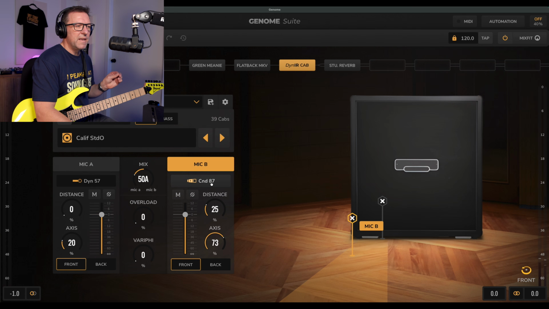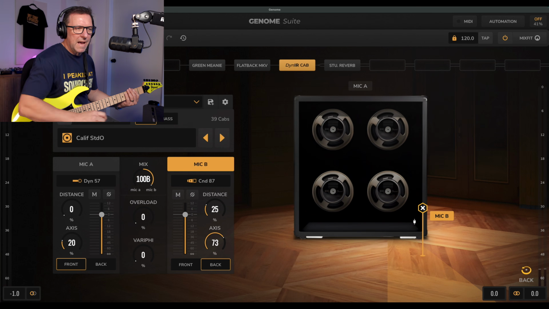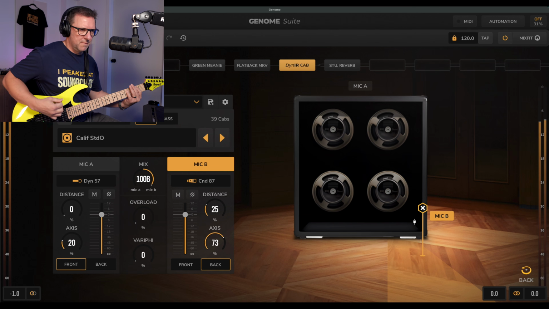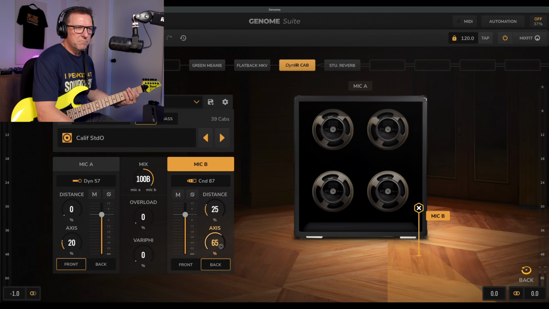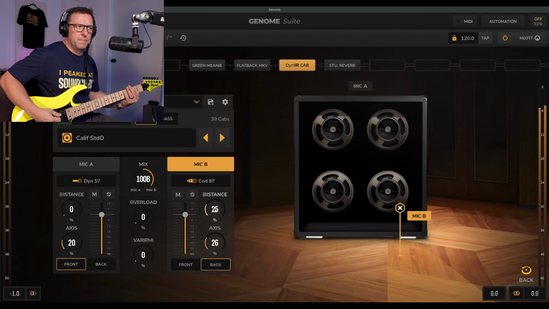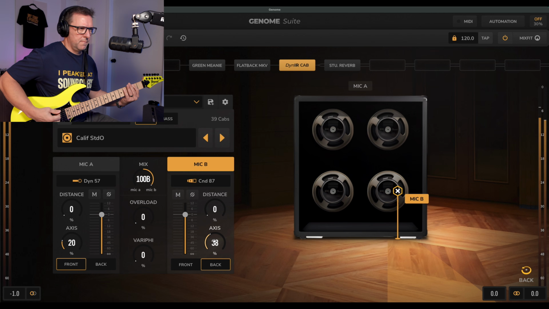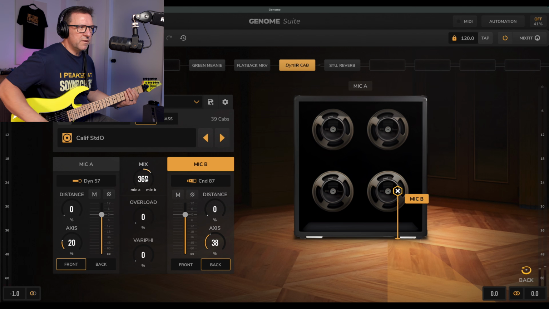what I kind of hear there is, if I go over to 100% on mic B, the back of the cab, I hear that kind of sound. I'm not sure if that's what's been done on the record. If I bring this mic into the cap edge a bit. And I could bring the distance all the way in. And then if you mix that with the 57,